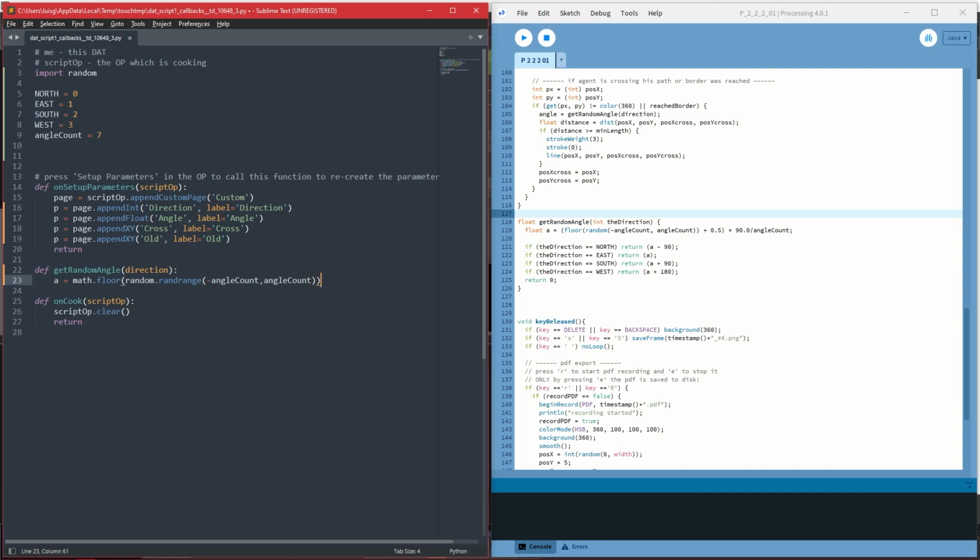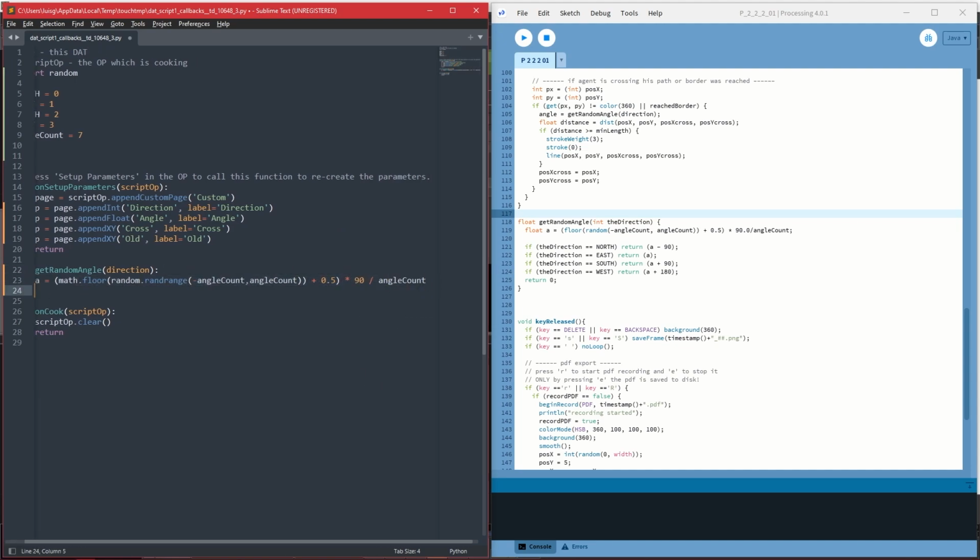And finally to this we're gonna add 0.5, we close parentheses and we multiply by 90 and we divide by angle count. And here we need another parenthesis before the math floor function. Okay,